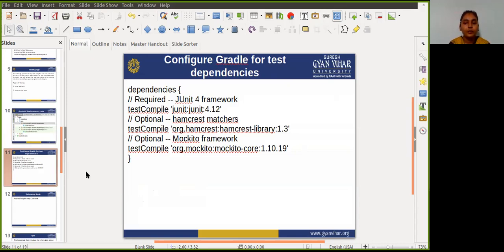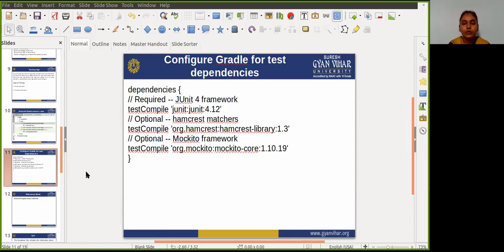The default Gradle build file on your project includes some of these dependencies by default, but you may need to add more dependencies for additional testing features such as matching or mocking frameworks. So in your app's top level build.gradle file, specify these libraries as dependencies.